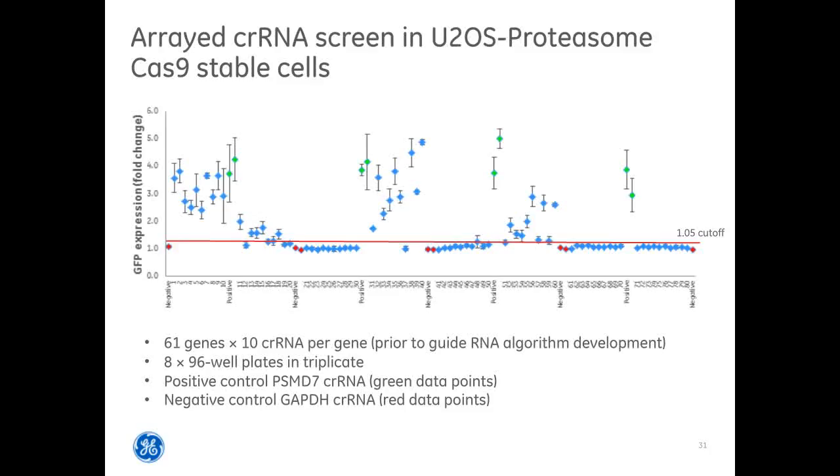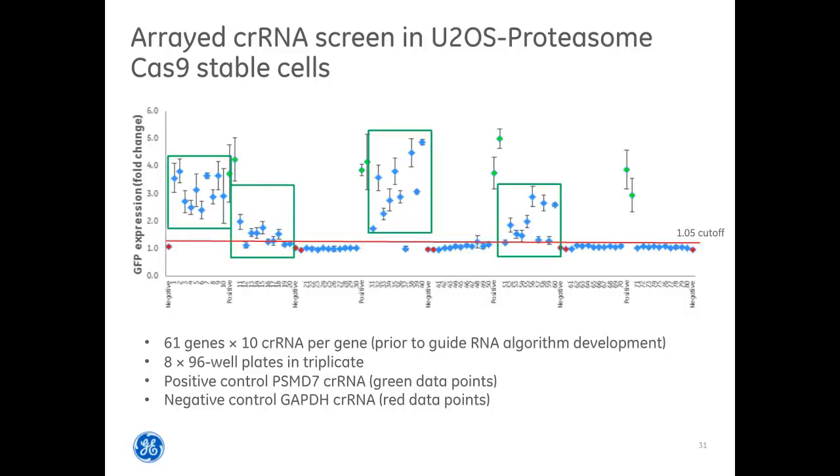And here's the normalized triplicate results for one of our 8 plates. We screened 61 genes with 10 CRISPR RNAs per gene in triplicate. Now, 10 is more than what we would recommend now. At the time, we'd not yet finalized our guide RNA algorithm. We wanted to make sure that we were getting enough functional data points. But as you can see, when compared to the positive controls in green and the negative controls in red, we